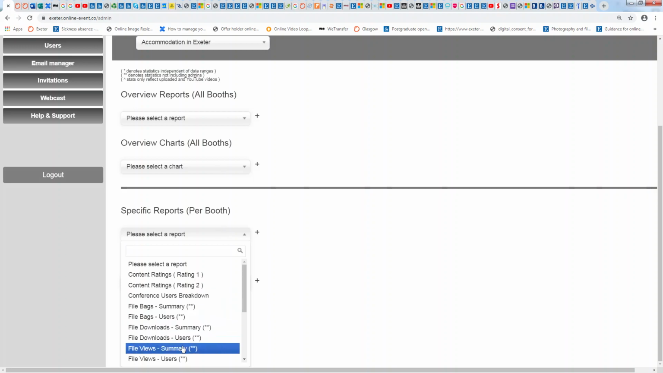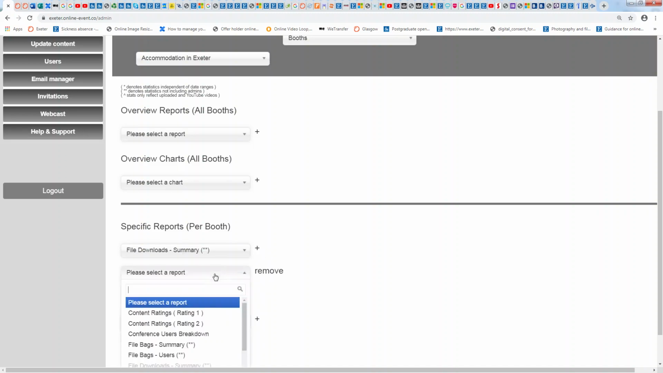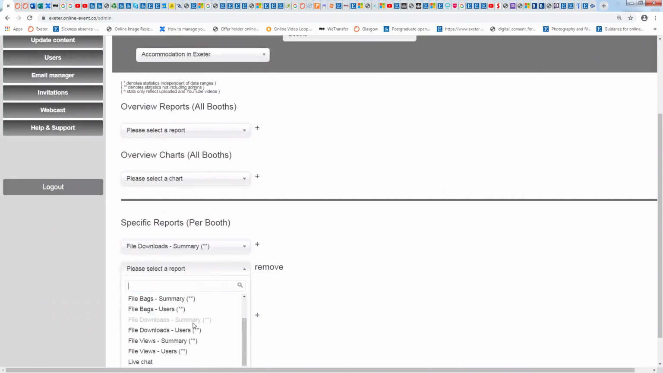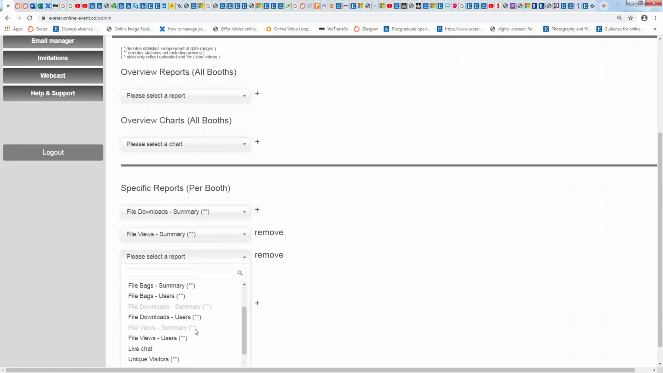You'll also see reports here for users, and that will include admins, so you're likely to not want those ones. I've selected the file downloads first, and then I'm going to hit the plus sign to create another option here. The file views summary is another one that I want. And then if we carry on down this list to unique visitors,